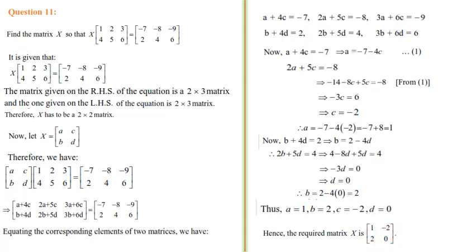That is the answer. So here in this question, you must note this assumption part, that is X is equal to [A B; C D]. For that we have to get the order of the matrix X. So that is the key point here. We have to revise it properly if you did not understand.